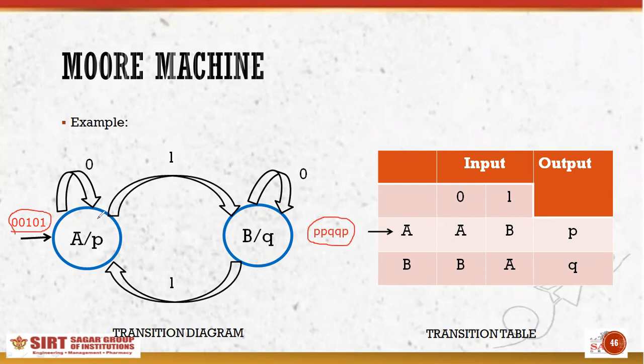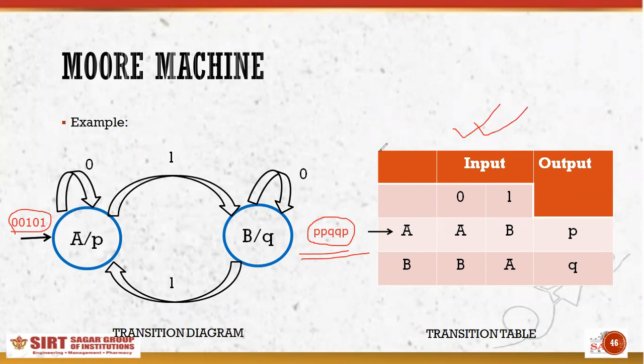For this instance, it is not making any relevance, but you can construct any Moore machine which can serve your purpose as per your problem. So I'm just telling you how this Moore machine is giving some output string at the output side. Okay, and now this is the transition table for it,